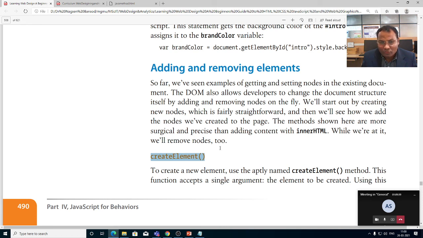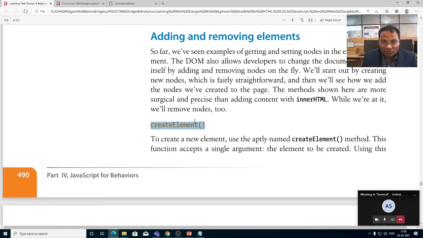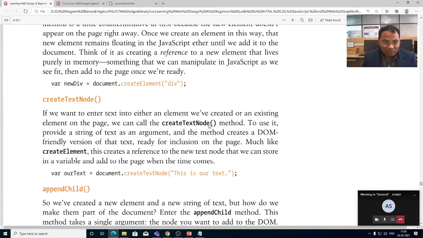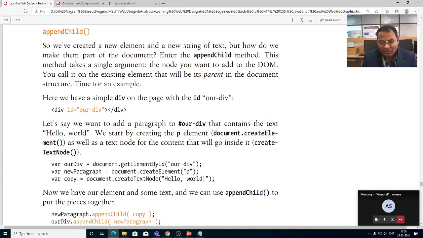Just understand why these methods are used for adding and removing elements from the document object model. The document object model helps to add and remove content through the elements. Akshay, Gnanesh, Garima, do you have any question?